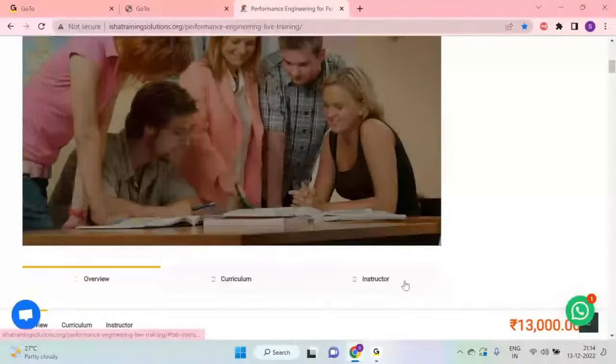So after seeing the context, this is what we're going to do in performance engineering. The activity that you are doing, any activity that you are doing, then